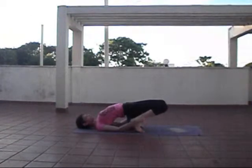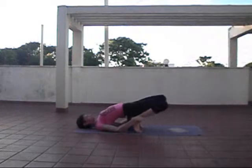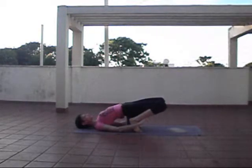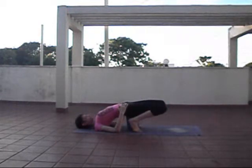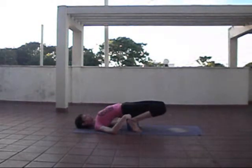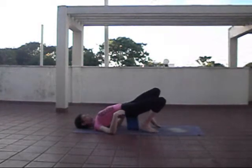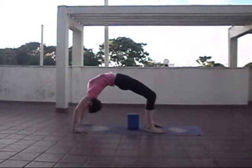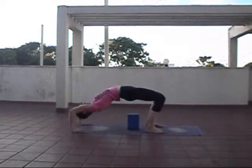if you're into doing something a little bit more advanced, and if you can get that block up really high and you really want to get a nice stretch across the front of your thighs, this is only if you can get that block up really high. What I'm doing is pulling my feet back closer towards me, up on the balls of my toes, and I'm really trying to lengthen my heels down towards the ground as I push my knees away and bring my knees together. And I'm getting a really strong stretch, one of the best stretches that I know, for across the front of the thighs. Spontaneously, that feels good, just to come up into a back bend